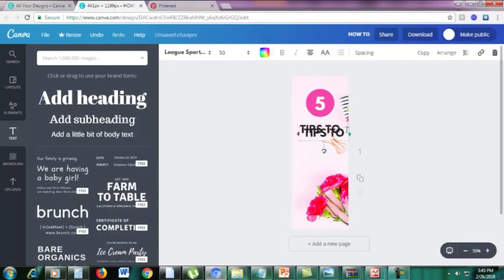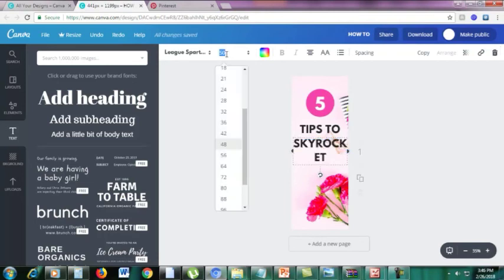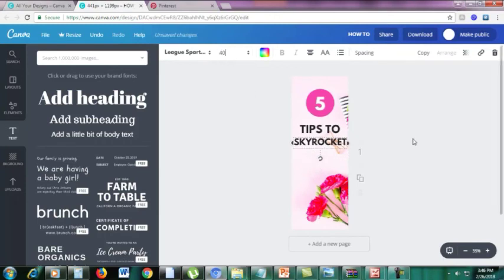Let's just change the text. Highlight the text, 5 tips to skyrocket. Let's make the skyrocket smaller. All right, 5 tips to skyrocket, and then let's copy this again. Just click it and then click copy. Let's change the text to your 5 tips to skyrocket your, and then we're going to add another